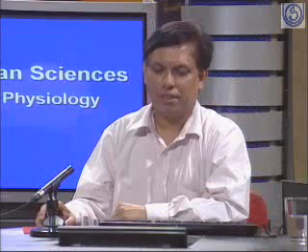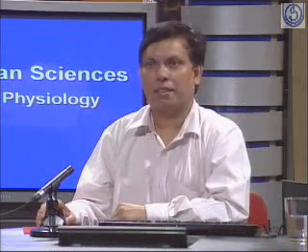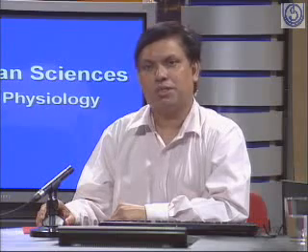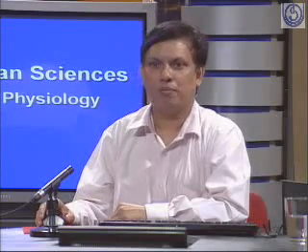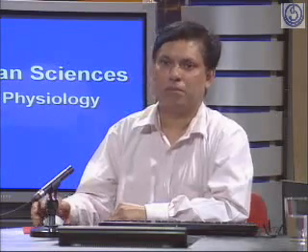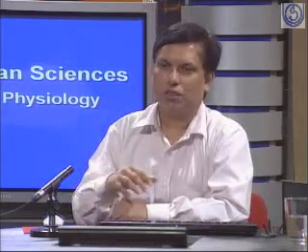Nervous system, three parts: central, peripheral and autonomic. The central nervous system is brain and spinal cord. It is the brain which controls all parts of the body and it sends impulses to the spinal cord. From the spinal cord, the nerves are supplied. There are 31 pairs of these nerves, which carry both sensory and motor signals. Sensory sensation means something coming from the skin or other parts of the body.